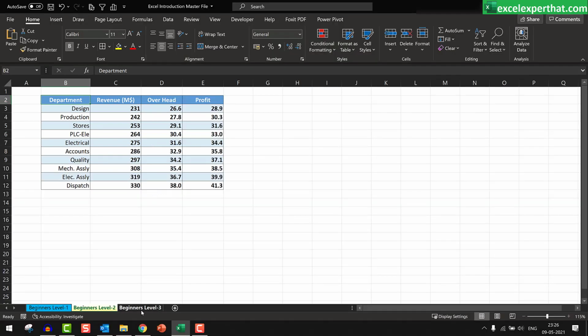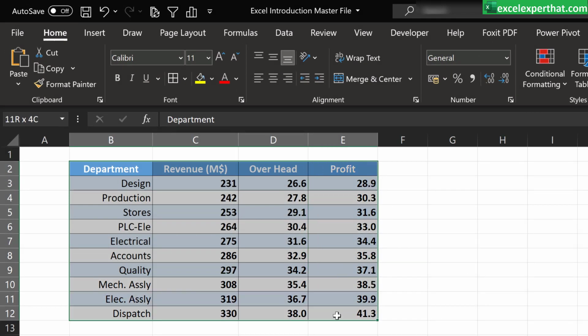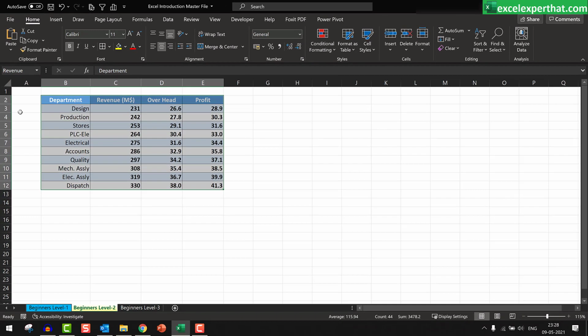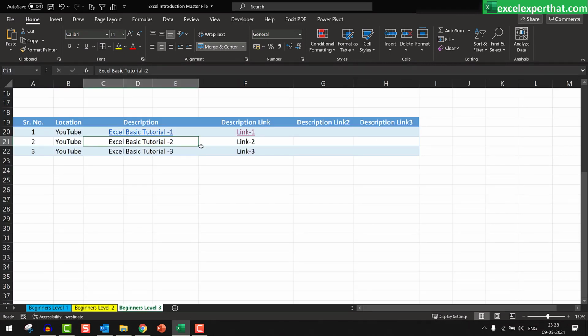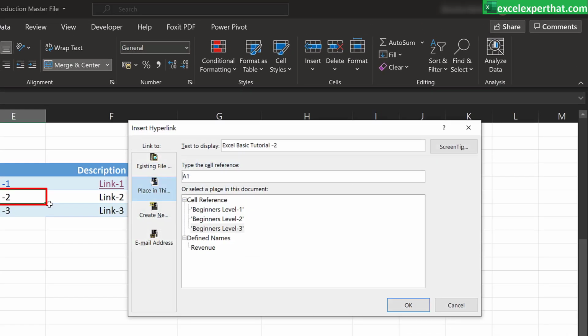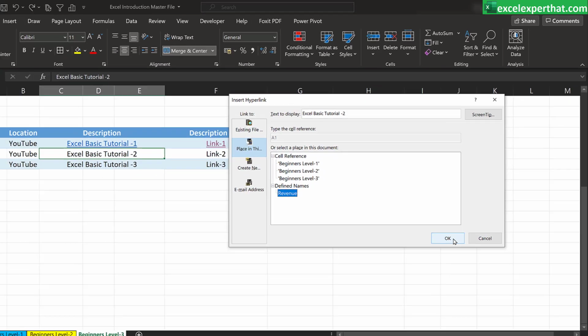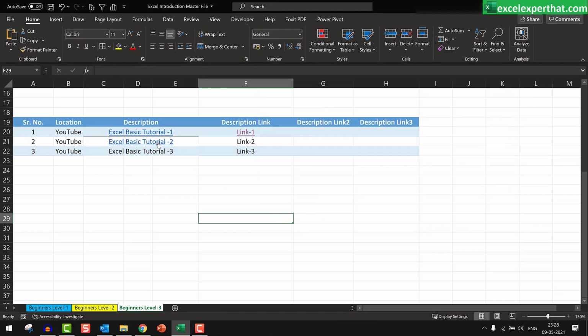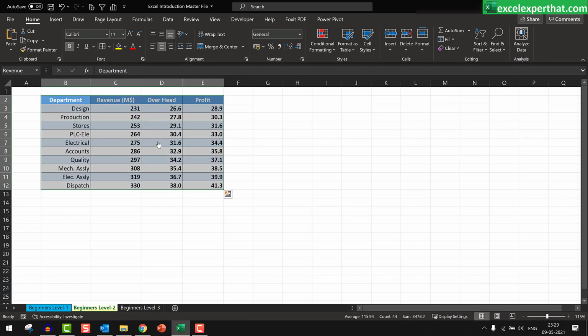Now another way to jump to a spot directly while clicking on the sheet. Like this is the beginner level C2 table. For this table I will give a name, revenue, and hit the enter button. So this table name is revenue now, you can see here. Go to beginners level 3, go to the text tutorial, press Ctrl K, and now you can see defined names here. Under defined names, you can click on revenue. Instead of clicking on the beginners level 2 sheet, I am using a defined name. Click OK. Now here it is hyperlinked. So click on this link and here you will go to the table directly.